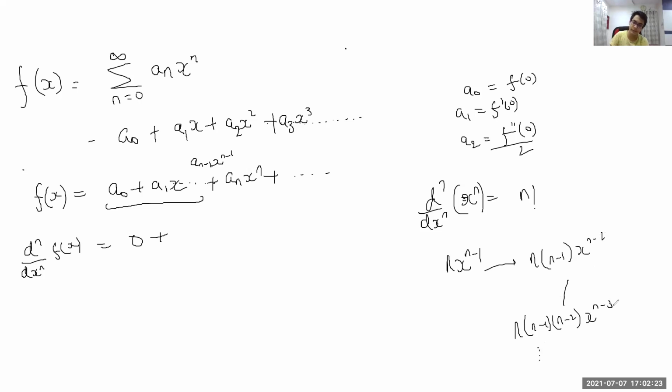So what you notice, after all the n differentiations happen, you just get the product of the first n natural numbers, and the power will be subtracted by n. So x power n minus n, which is just x power 0, which is just 1. Now the product of the first n natural numbers, as we know, is defined to be n factorial, right? So the nth derivative of that is just going to be n factorial.